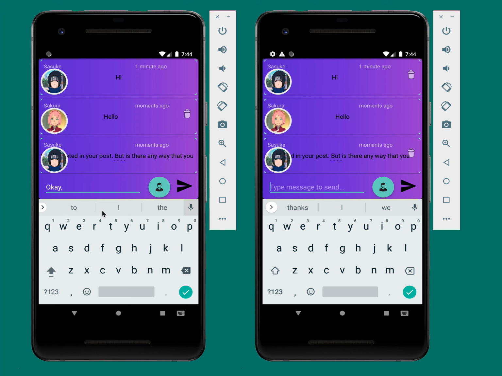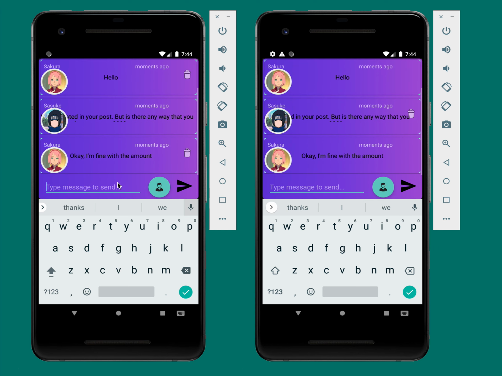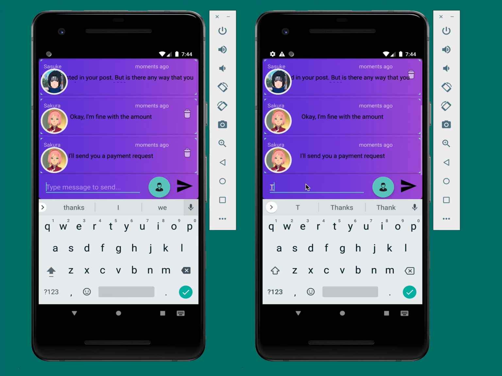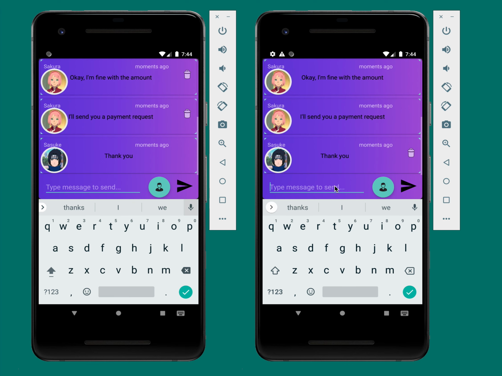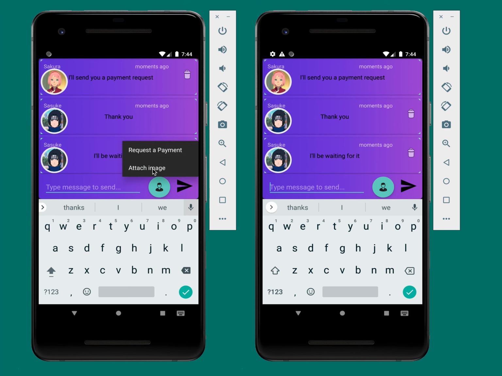Okay, I'm fine with the amount. I will send you a payment request. Thank you. So this user can now click on this button where he or she can attach images to that particular post the user is interested in, if the user asks for new pictures for that room, or she can just request a payment for, say,